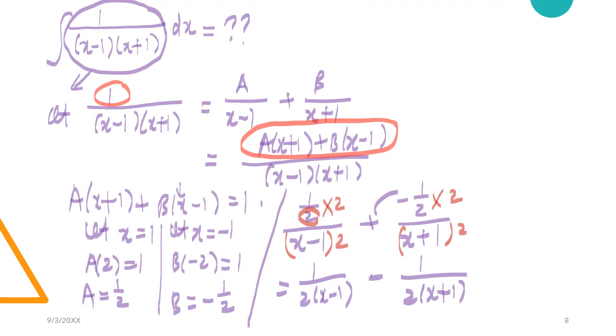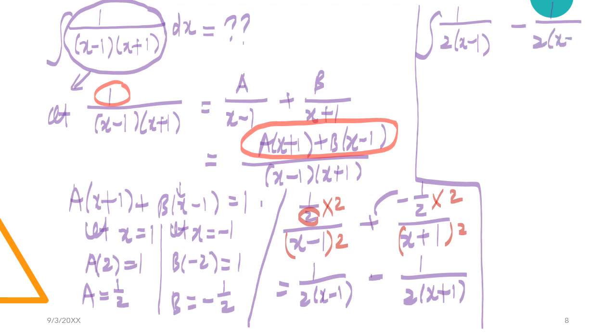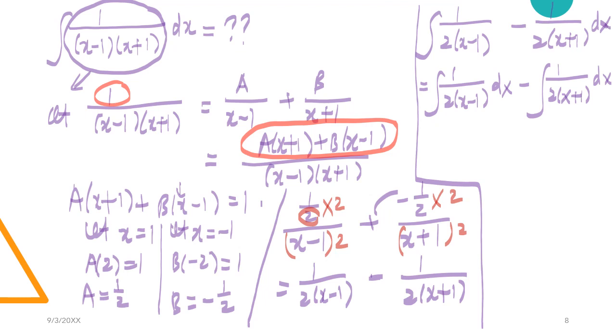So what we are integrating is actually 1 over 2 bracket x minus 1 minus 1 over 2 bracket x plus 1 dx. Okay, so we can separate it into integrations of these two partial fractions, right? And if you look at the denominators, they are both linear factors. So integrations of linear factors,